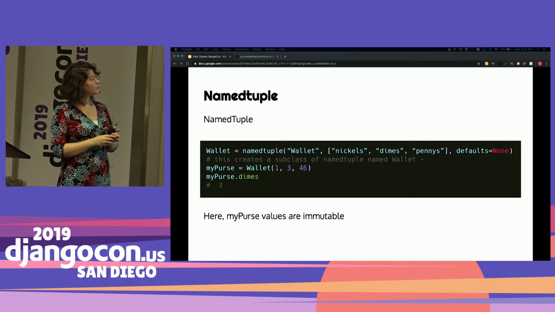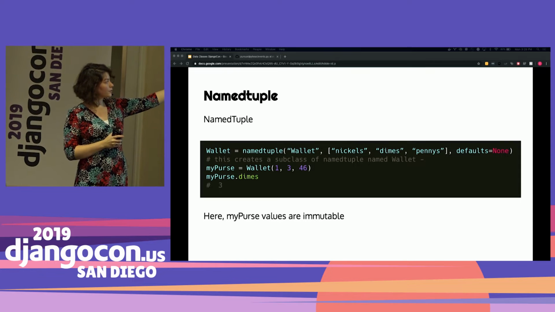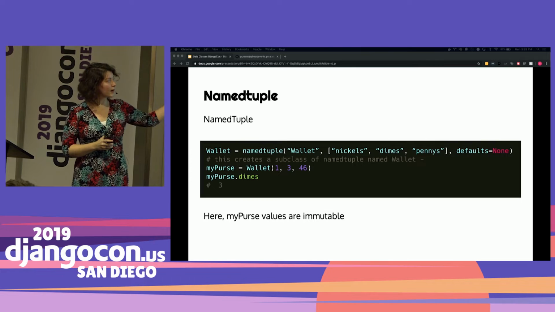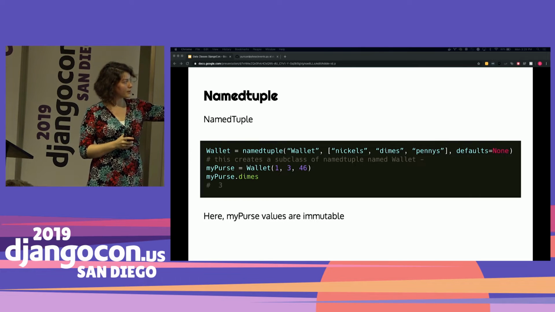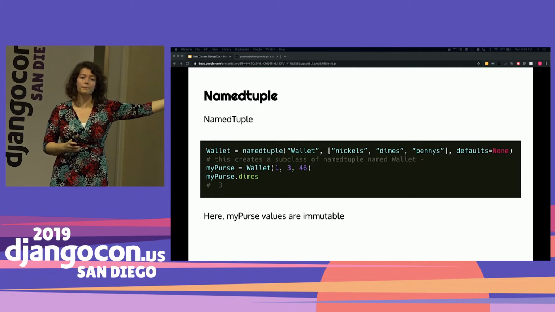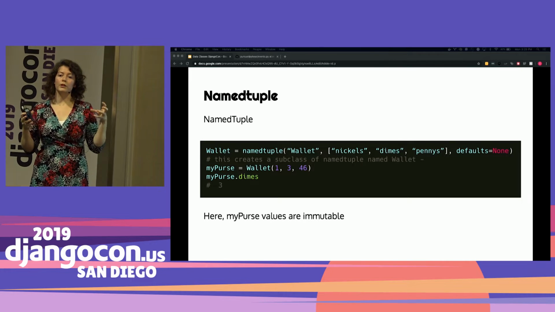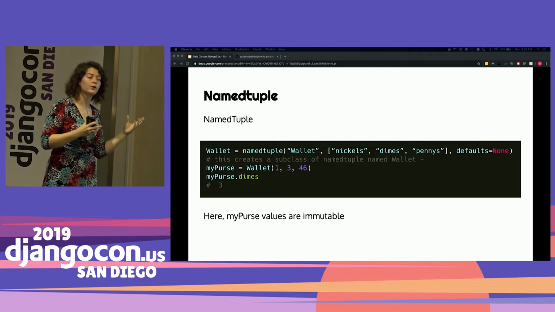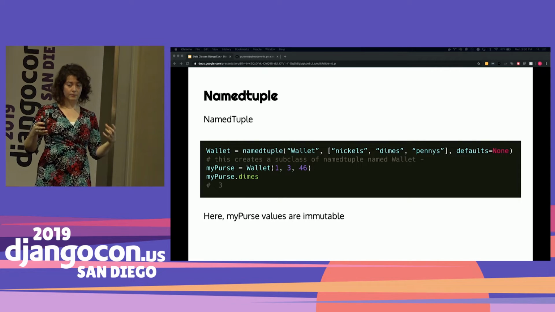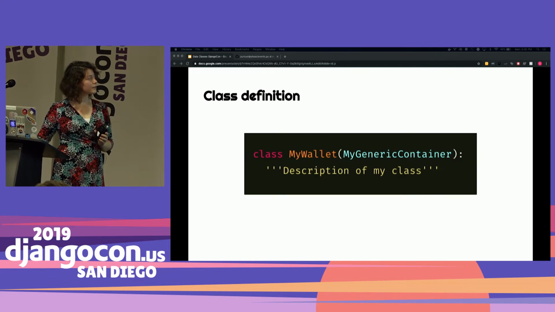And then when you use the wallet kind, because it's an inheritance pattern here, you get a my purse, and you can set dimes, and you can see that that's 3. So that gives you that dot notation and the categories. It's a simpler way to get at that function, right? And there are some defaults that allow you to play with what the named tuple can do for you. There are a lot of cases where this is the right choice. But if you need more flexibility, you need more control, you need it to be explicit, then there are data classes.